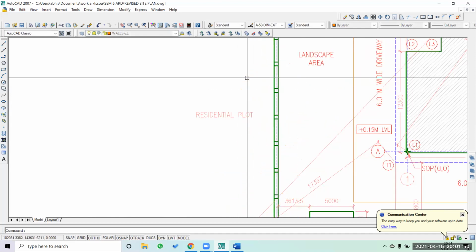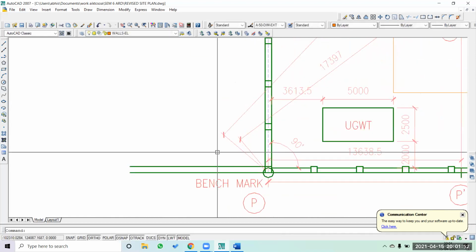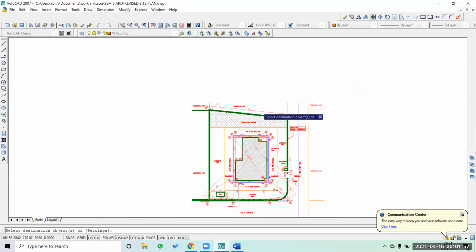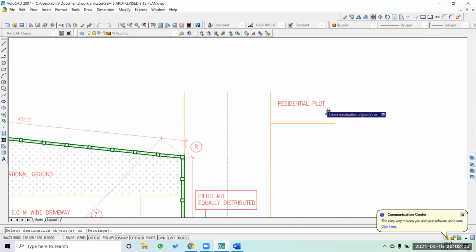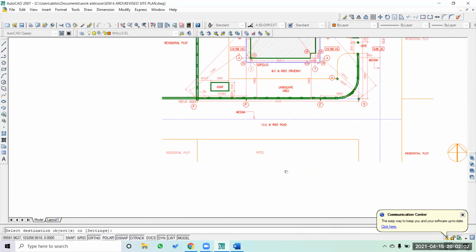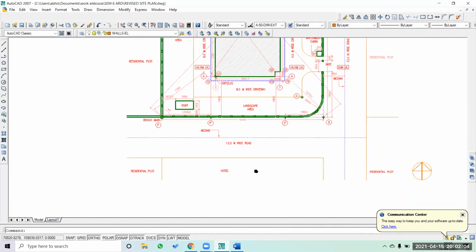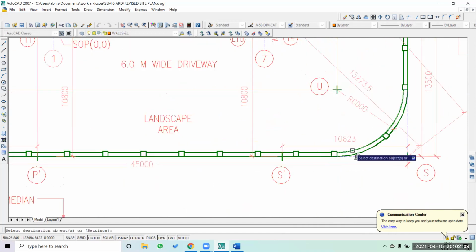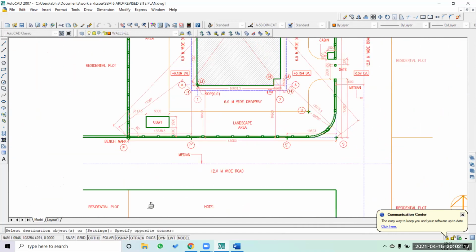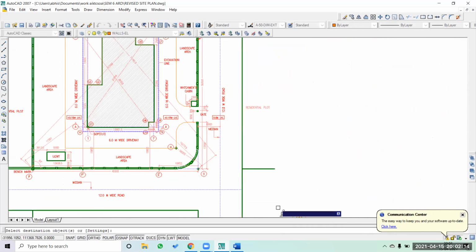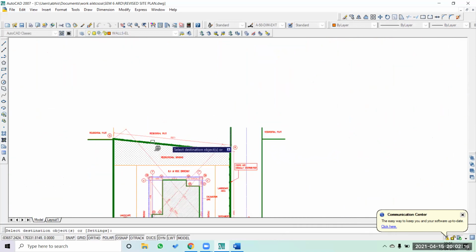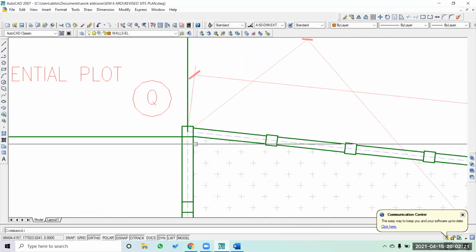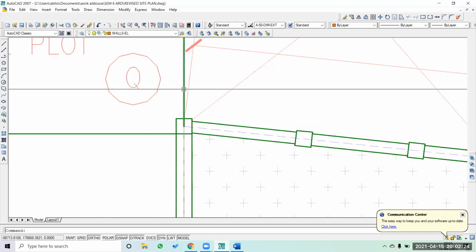It's easier for us to delete it. So this completes our setting out basically. That's how we are completing our setting out. Now I'm just changing the value of it. What you can additionally do here.